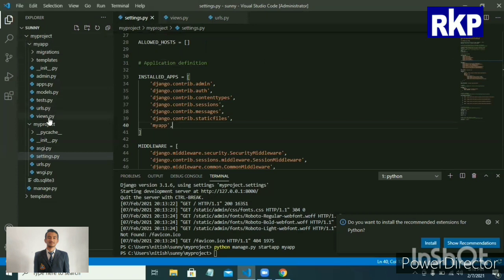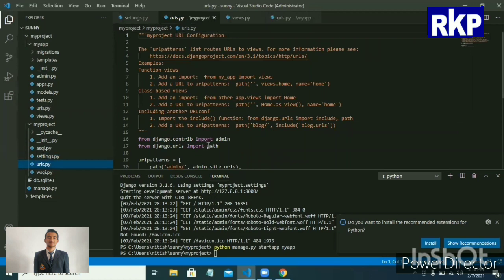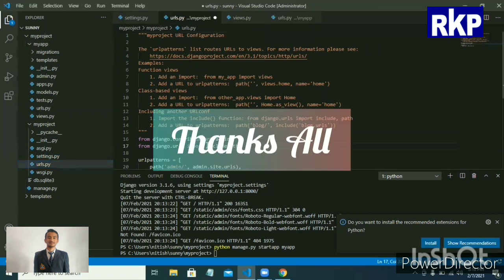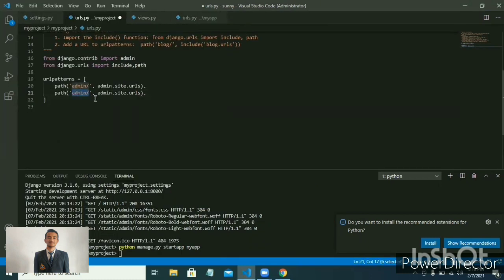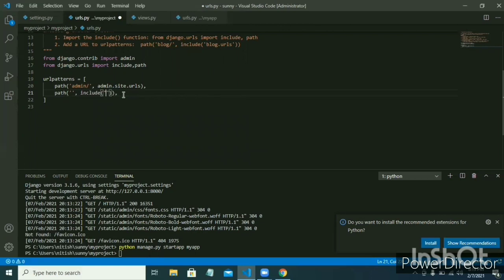Now come to the urls.py file of our project folder. And here, without changing anything with the module path, import include. Now in this urlpatterns list, enter the same string that you entered with path. And in the include function, pass as a string the argument your app name.urls. Just as the name suggests, it will include the app.urls URL patterns.